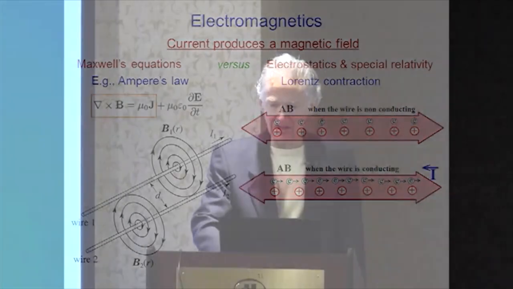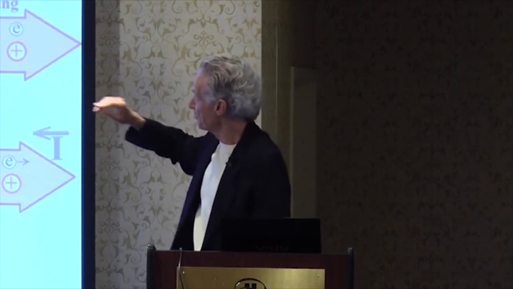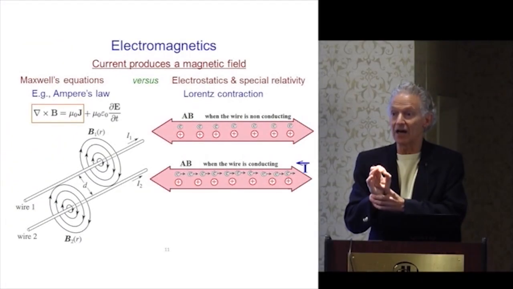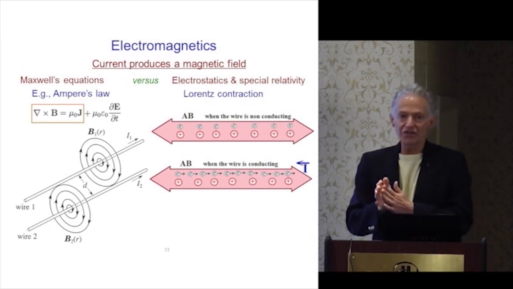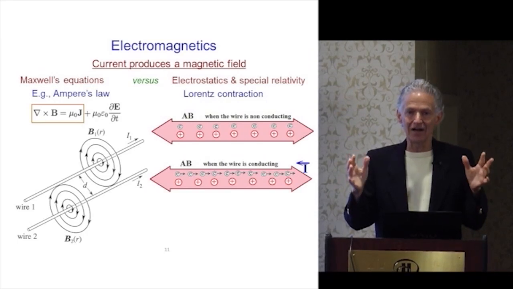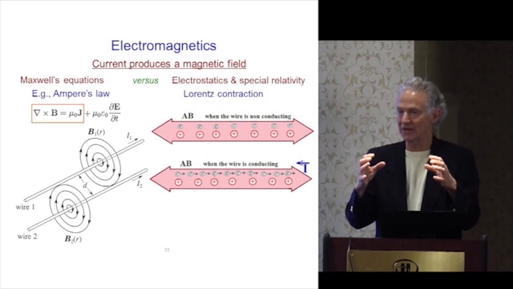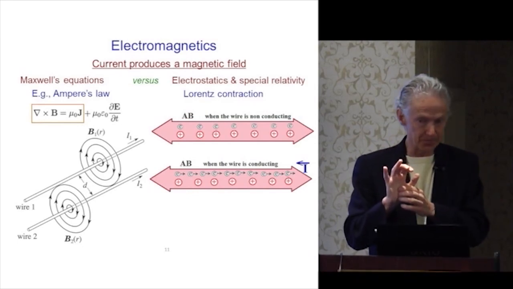Let's take a look at another way of looking at this, and that is electrostatics and special relativity. If you take a look at just a wire in the top picture here, you can see that we've got electrons in the wire, in the metal, and they're balanced by the ionic cores, which are the positive charges, and so everything's neutral. But we also know from special relativity that when things move, they tend to contract. That's Lorentz contraction, or they appear to contract from a stationary observer.